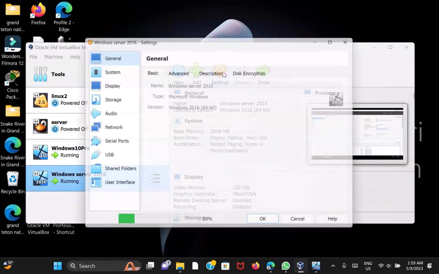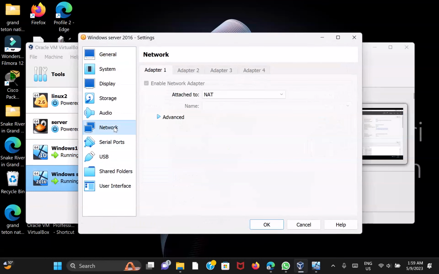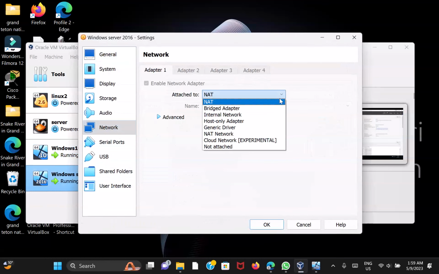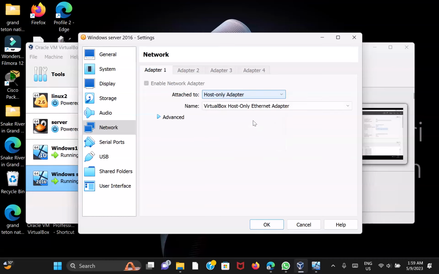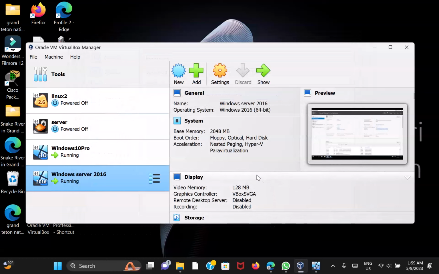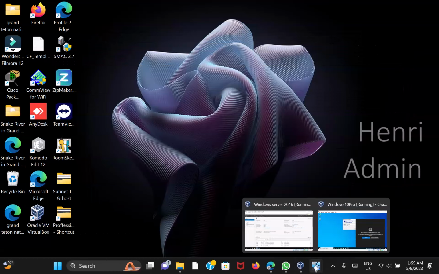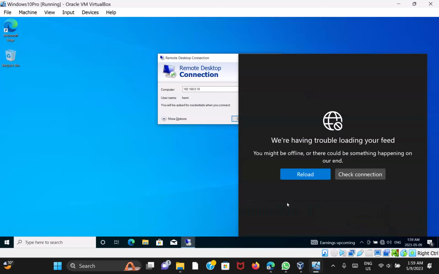We need to do the same for the Windows Server 2016. We go here, click on settings, go to the network, and switch again to host only adapter, click OK, and then let's go back and try again. Now you will see the difference. If we go back to our machines, Windows 10,